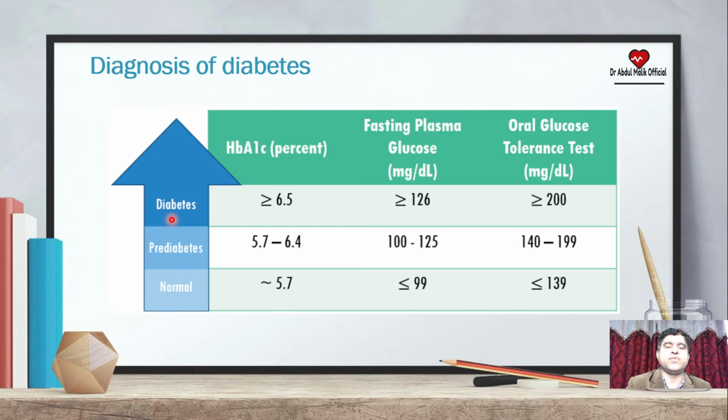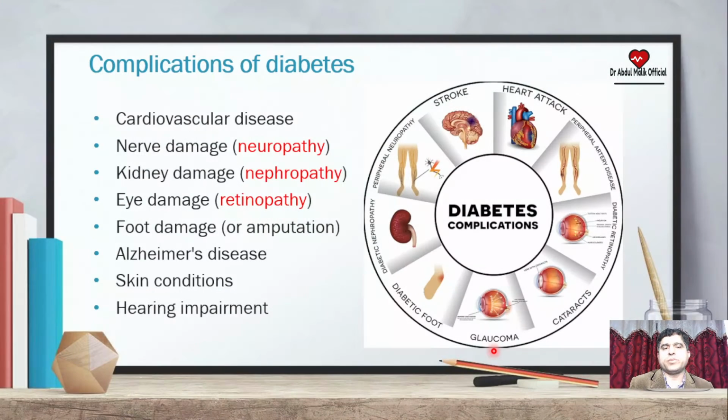In the case of diabetes, an HbA1c level greater than 6.5% shows a diabetic patient, the fasting blood glucose level is greater than 126 milligram per deciliter, and OGTT is greater than 200 milligram per deciliter. So coming to the complications of diabetes, here are the macrovascular and microvascular complications of diabetes, in which